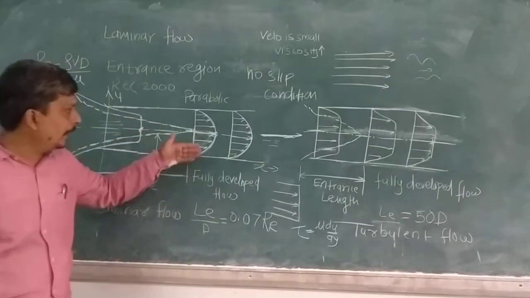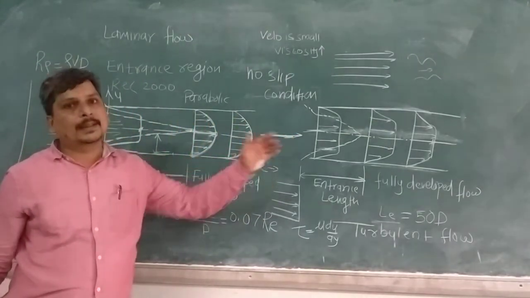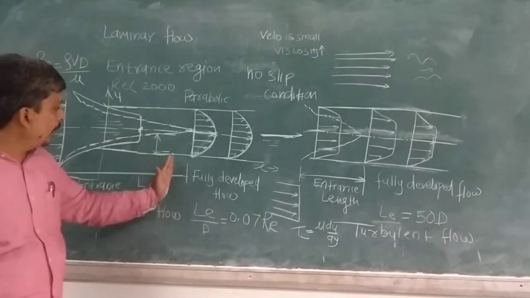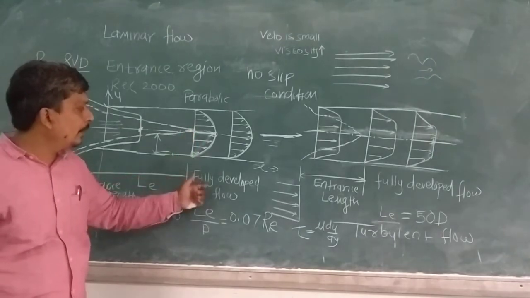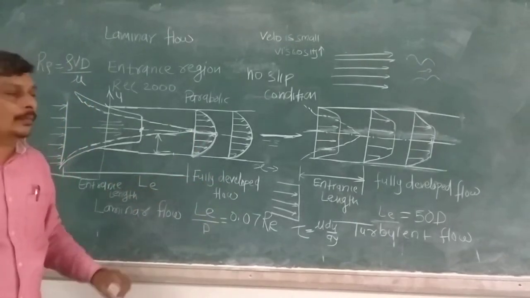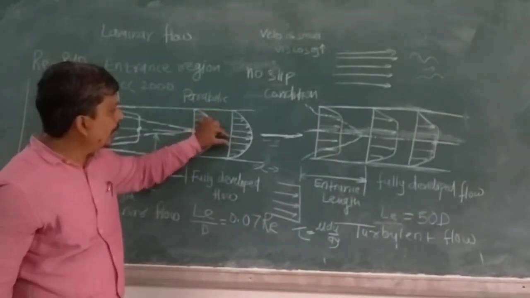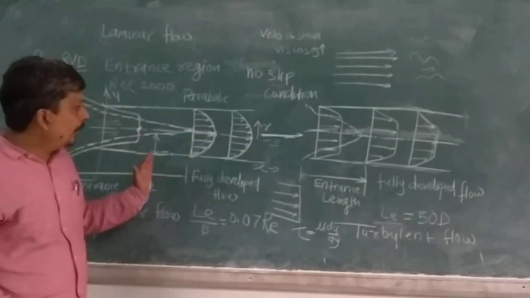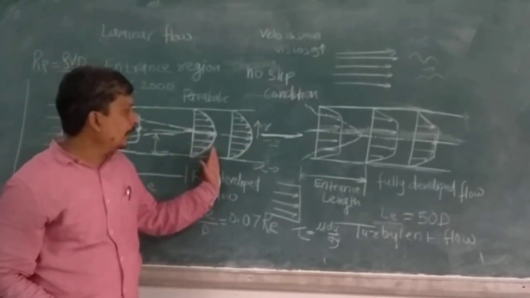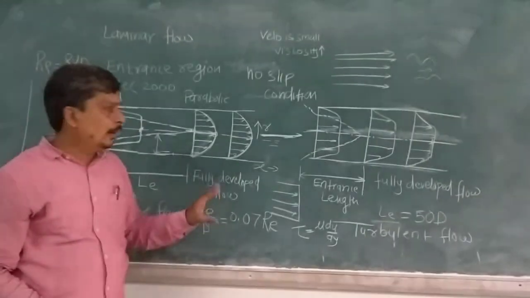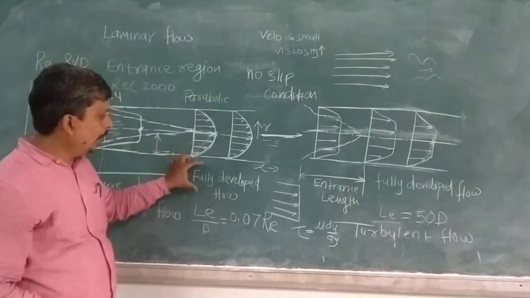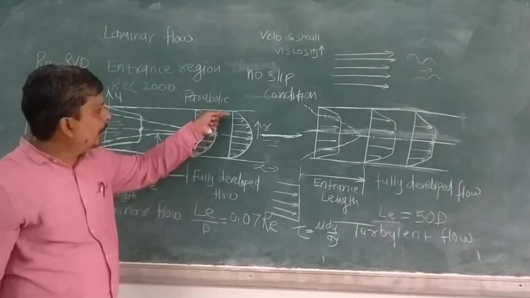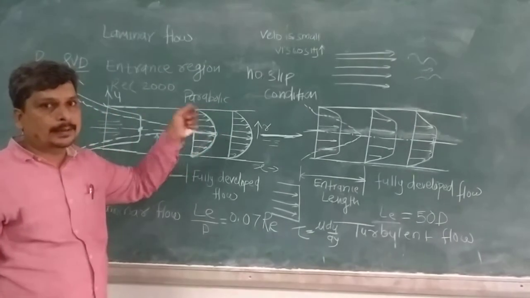That is along the x direction. This same profile will exit. This is called a fully developed flow. So next to the entrance region, the flow is considered a fully developed flow. It means we can assume the velocity is only changing along the radius. The velocity profile is invariant along the x direction. So we can assume the fully developed flow condition and derive the formulas. In that, the variation of the velocity is along the radius.